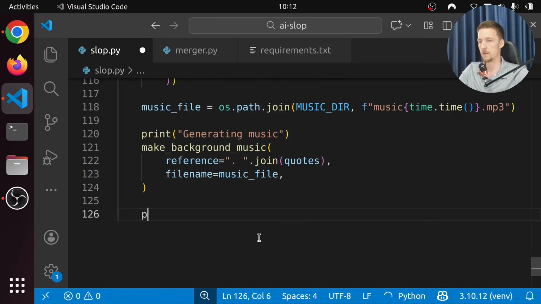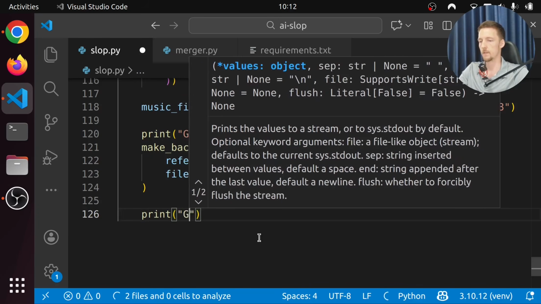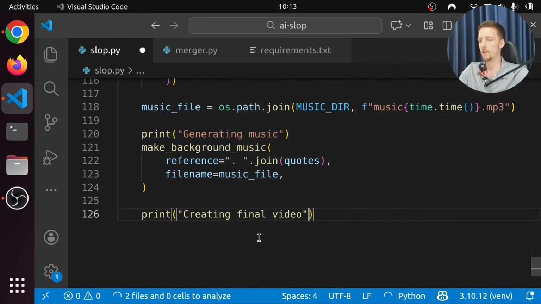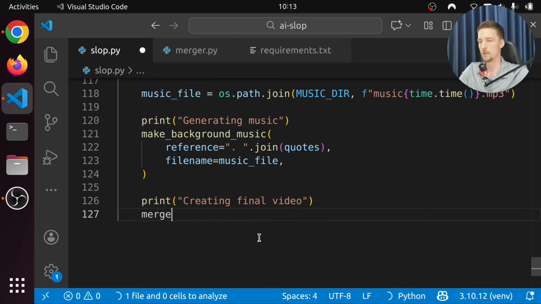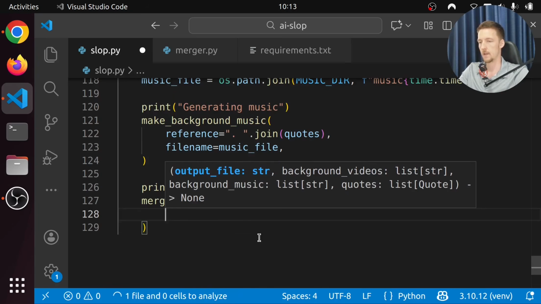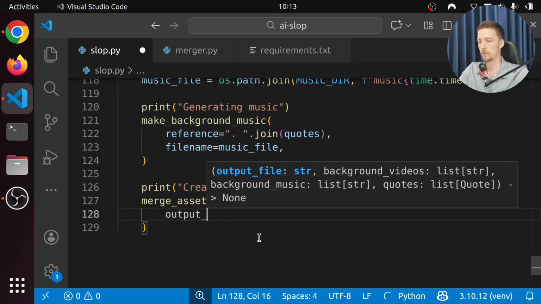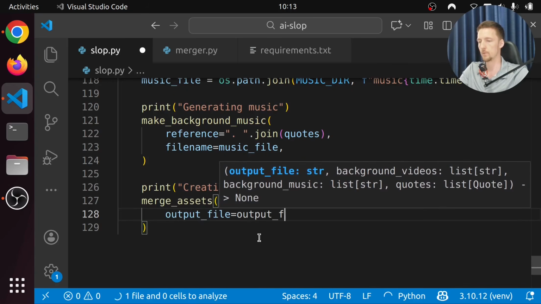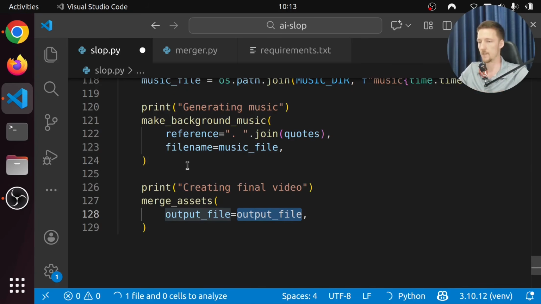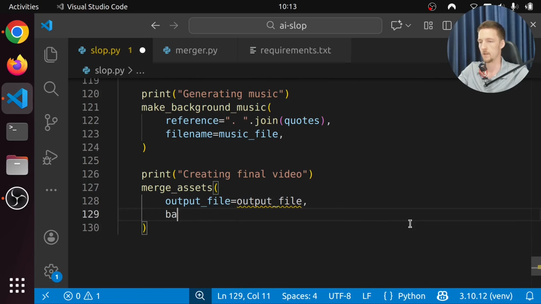So we call here, let's do print, creating final video, and we are just going to say merge assets. And let's say output file is output file. Let's define this somewhere. And background videos is just going to be the one video we made, which is going to be video file.